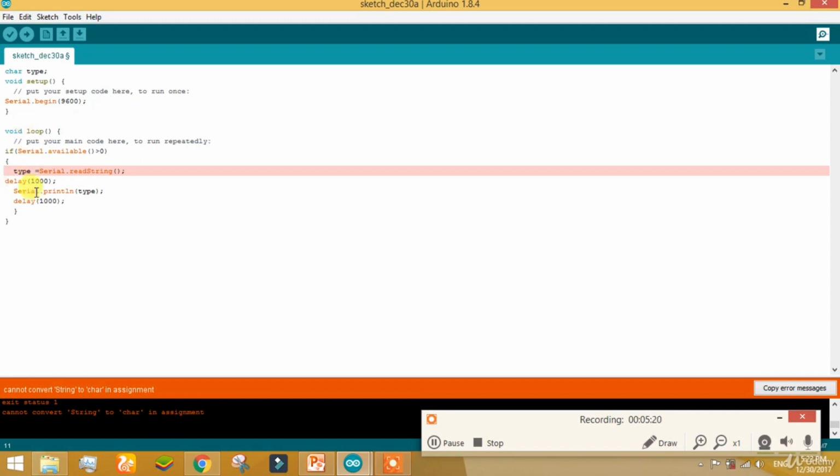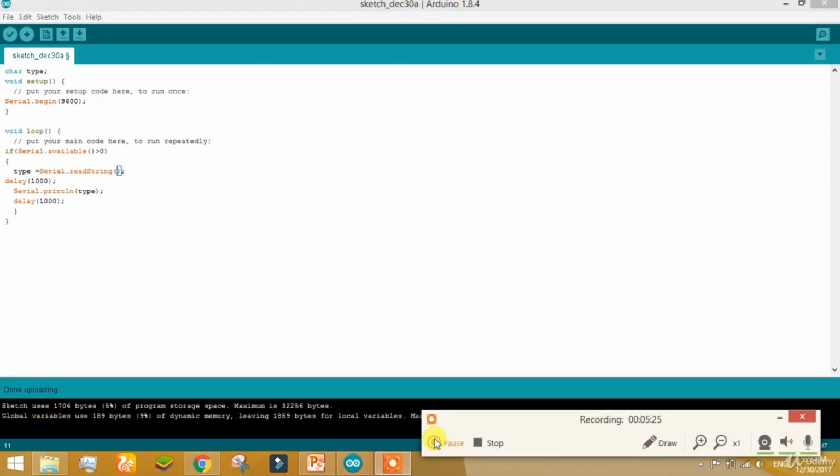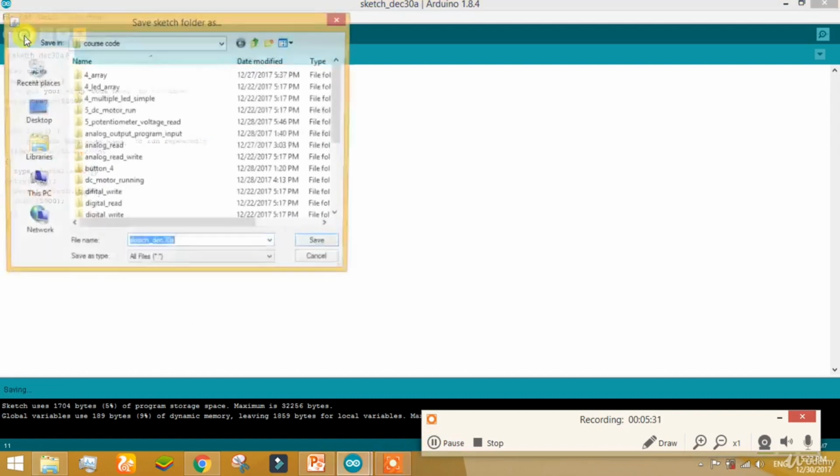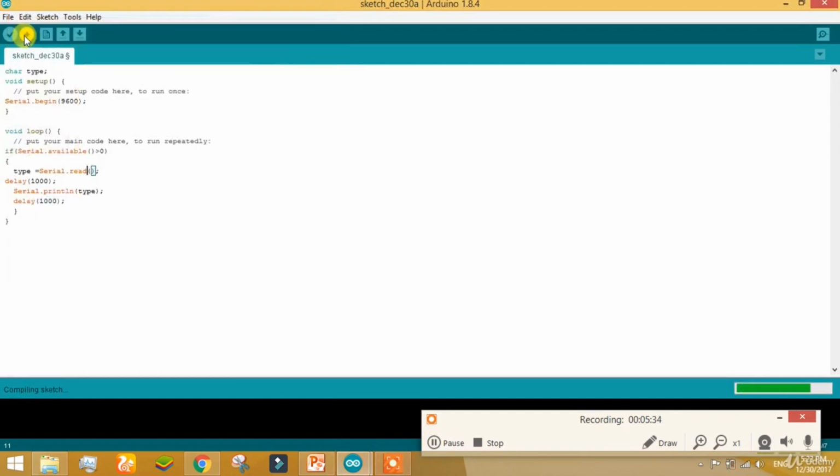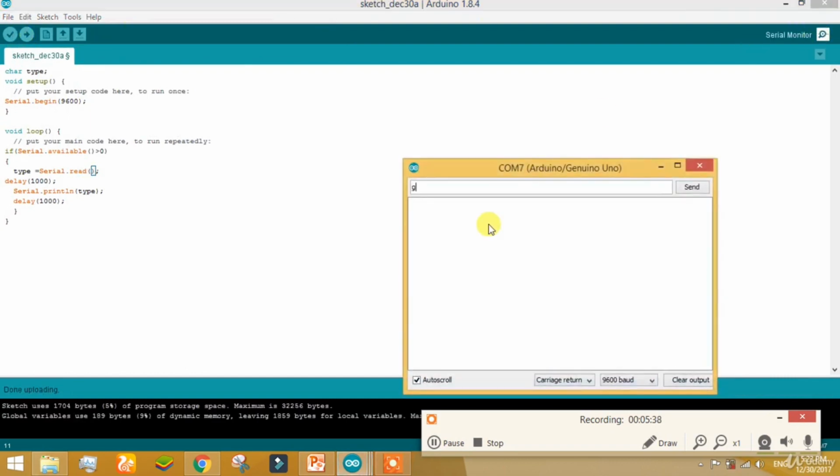I am going to show you an example of it. Just go there and remove the word string from the read. Now upload it to the board. The upload is being done. Let's wait for a second. Now enter a simple letter, say G, and you can see G on the screen. What about GH? It will come in two lines, G and then H. It is only taking one character at a time.